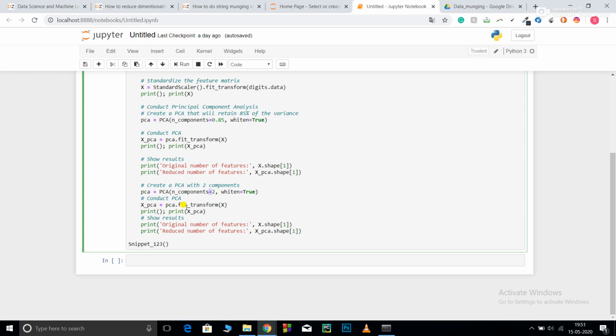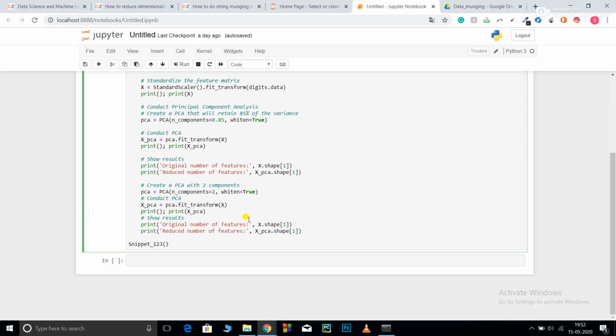It means it will make my data two dimensional. And if it is 0.85 and my data set has 100 variables, it will reduce my data from 100 dimensional to about 85 dimensional.